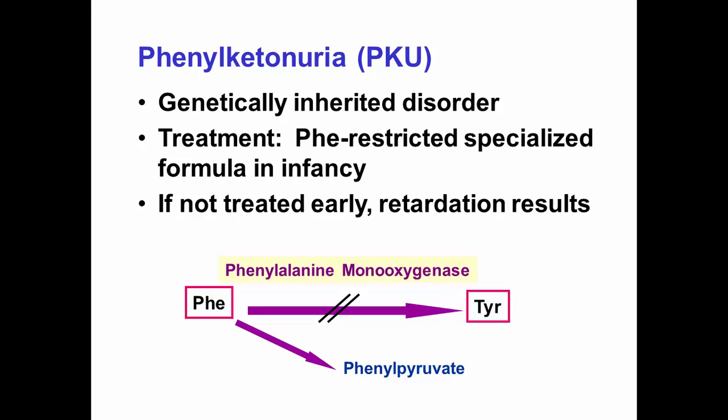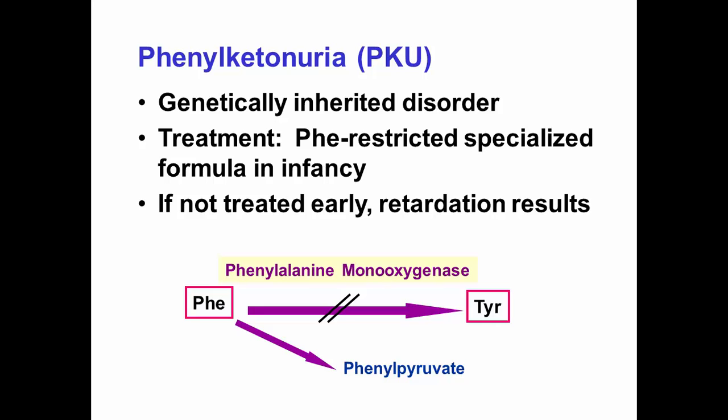Okay, PKU. When we talk about amino acids, there are some ways that it comes up that I think are worth visiting. So PKU, a genetically inherited disorder, is a problem with this enzyme, phenylalanine monooxygenase. And a little tip about the way I teach amino acid metabolism: every time you see a yellow with purple, if you can see that, it's an enzyme. I've tried to be real consistent with that. So it's an enzyme, and you've got a genetic defect in that enzyme.